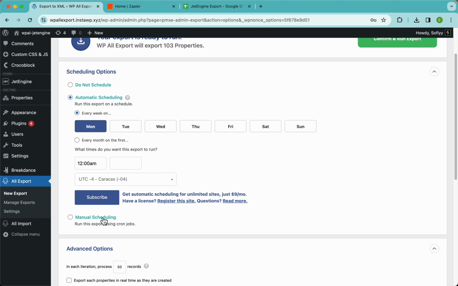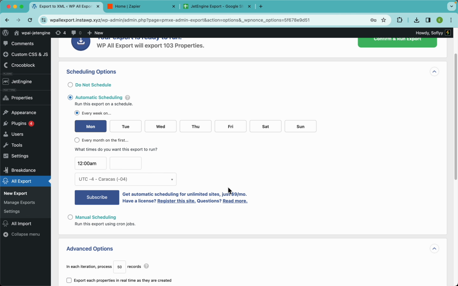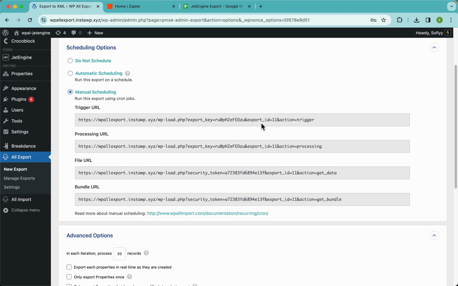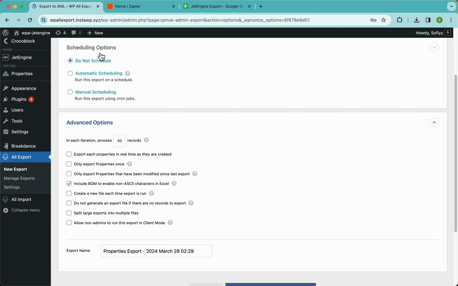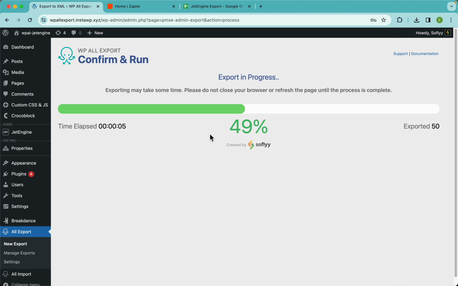Now, if you wanted to use cron jobs, which are free, note that the automatic scheduling service is a paid service. Cron jobs are free, but they are a little bit more technical. So if you don't want to subscribe to this, you can use cron jobs, and here are our docs for that. For now, we're not going to do this. So I'm going to close this up, confirm, and run my export. This is going to be very quick because we don't have that much data. All right,